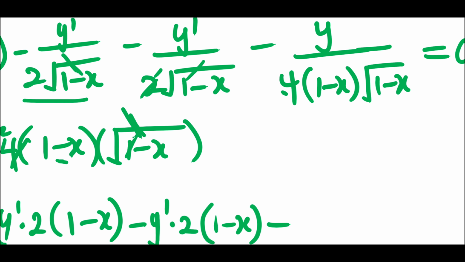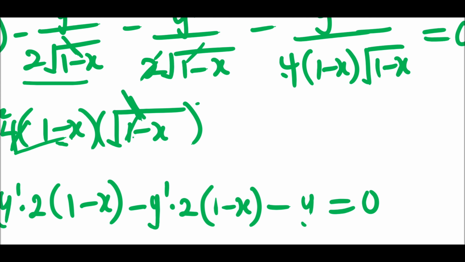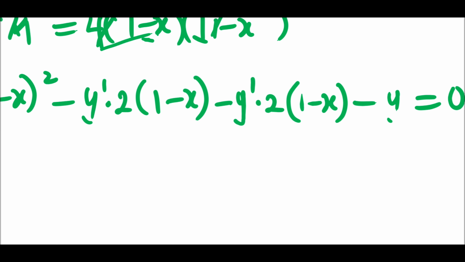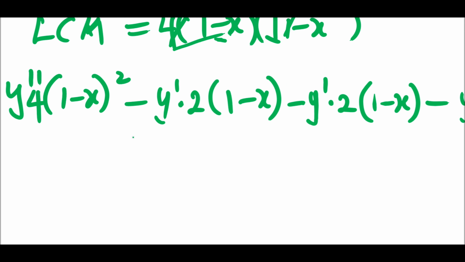So this is the same as the LCM. So when this one divides this, you get 1. Multiplying the y, we are going to get y, all equal to 0. All right. When you use it to multiply the term at the right hand side, you are going to get 0, because the term over there is 0. All right. So now we'll be having